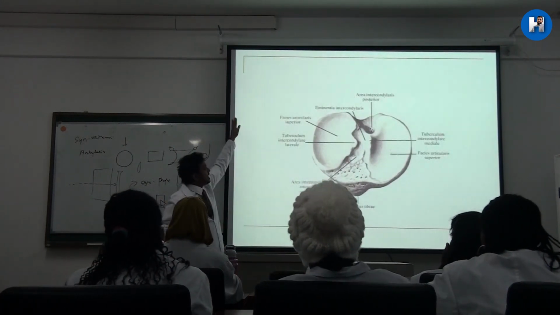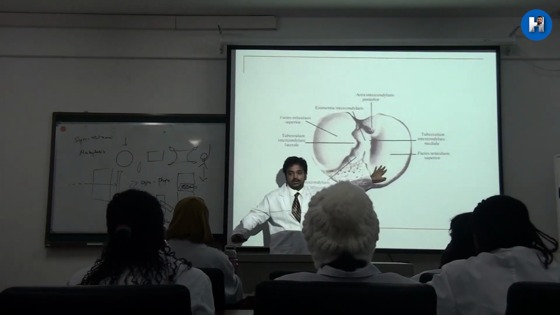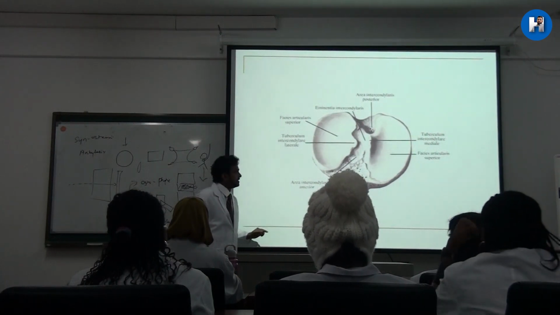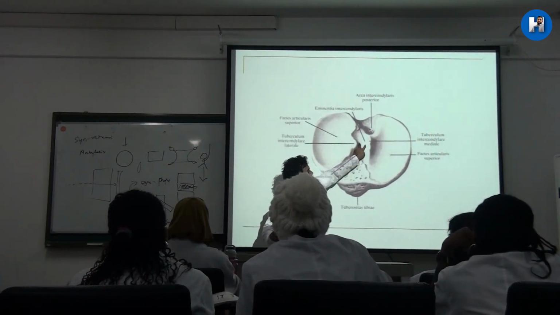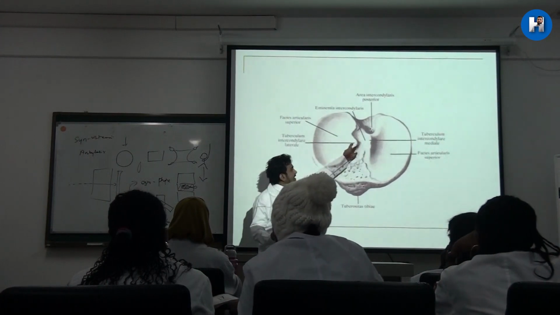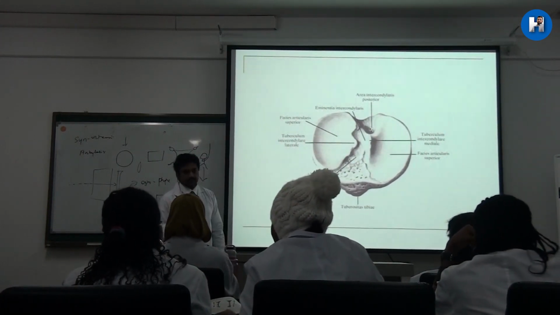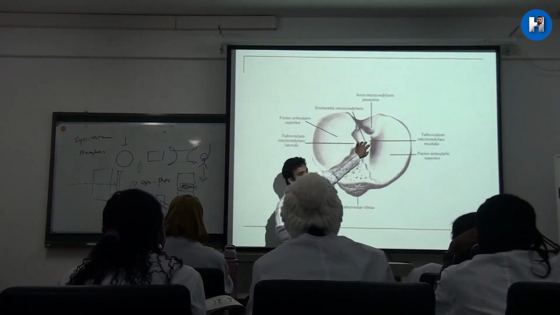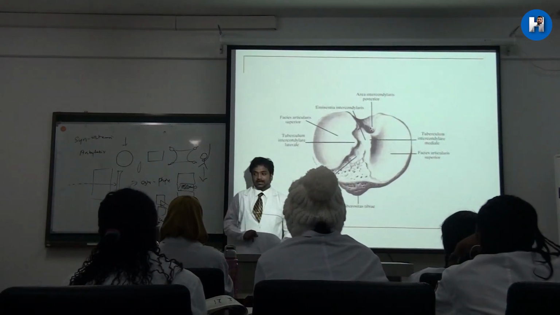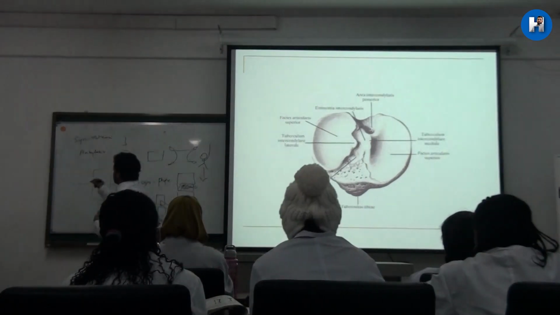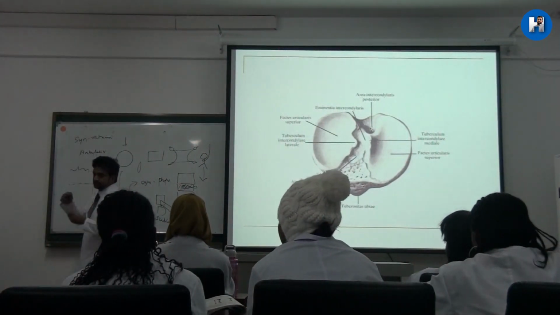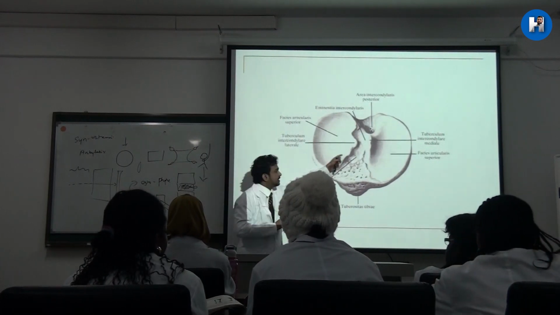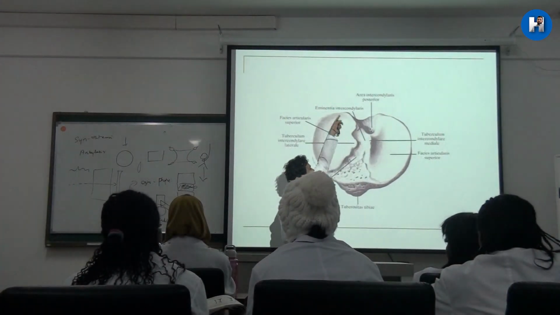You can see from the upper part of the condyles, this is called the articular surface of tibia. What will you find over here in the articular surface of the tibia? We call it the intercondylar tubercle. Both of them together are called the intercondylar eminence. It is a prominent upstroke in between the articular surfaces. This is called the intercondylar eminence.